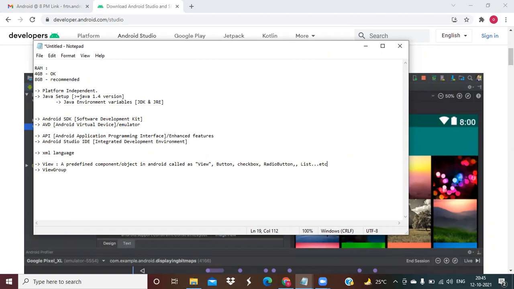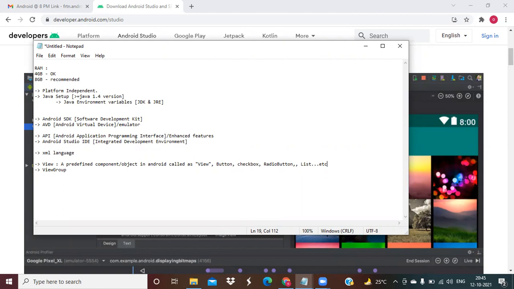Is the button class defined in Android? Yes, the Button class is defined in the Android SDK. The Checkbox class is also defined in the Android SDK. The RadioButton class is also available in the Android SDK.